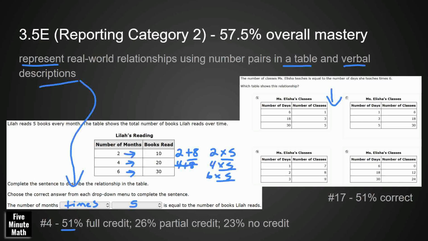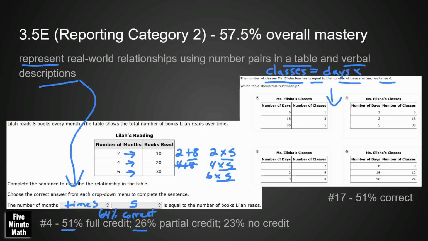Now, 51% of our students got full credit. 26% of our students got partial credit. So if we take half of this and stick it onto here, that's about 64% correct. So this one was actually a little bit easier than this one. On number 17, we only have 51% of our students get this correct, because we have the number of classes that Miss Elisha teaches is equal to, so I'm going to say classes equals, you see that equal, the number of days